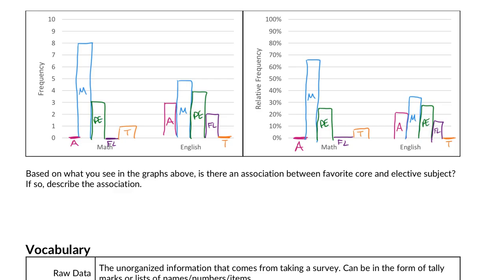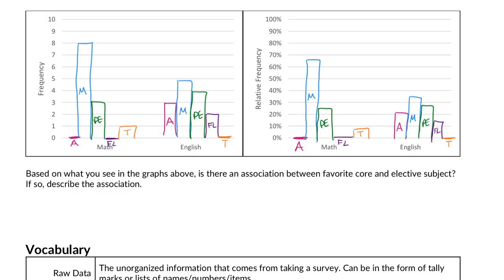So the answer here is actually yes. The only way you'd be able to say no, there's no association, not proving that any particular association exists, is if the bars for math and the bars for English were exactly the same. If they would be evenly distributed between the two, we'd say there's no association because there was no change to our responses based on whether you picked math or English. But were our bar graphs the same? From here to here, they were the same? No, they look particularly different. So the answer here is actually yes.